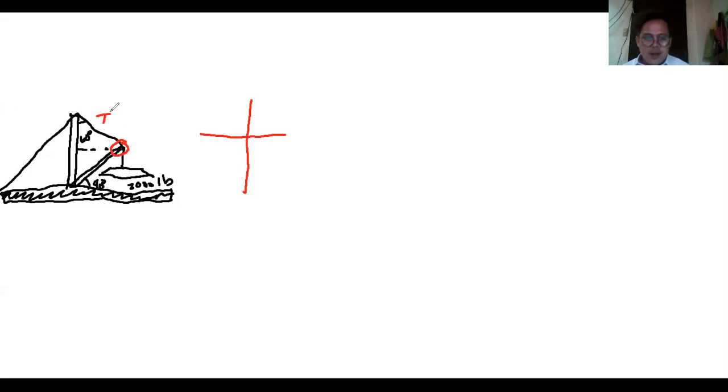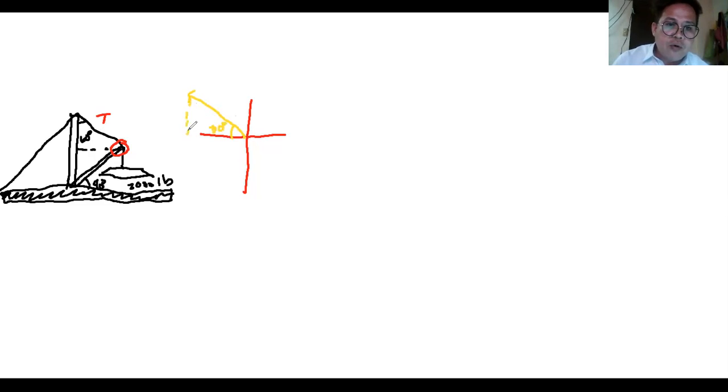For solving for that, there are three forces involved: the reaction force of the boom right over here, the tension in the cable, and of course, the weight downward. So that will be the three forces. So let's draw first the tension. So if this is 60 degrees here, this one will become 30 degrees.